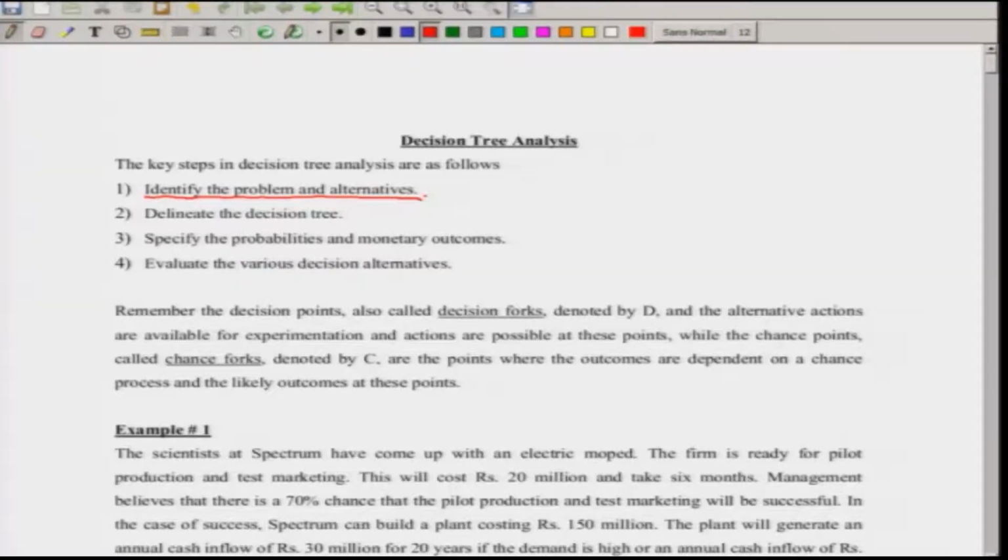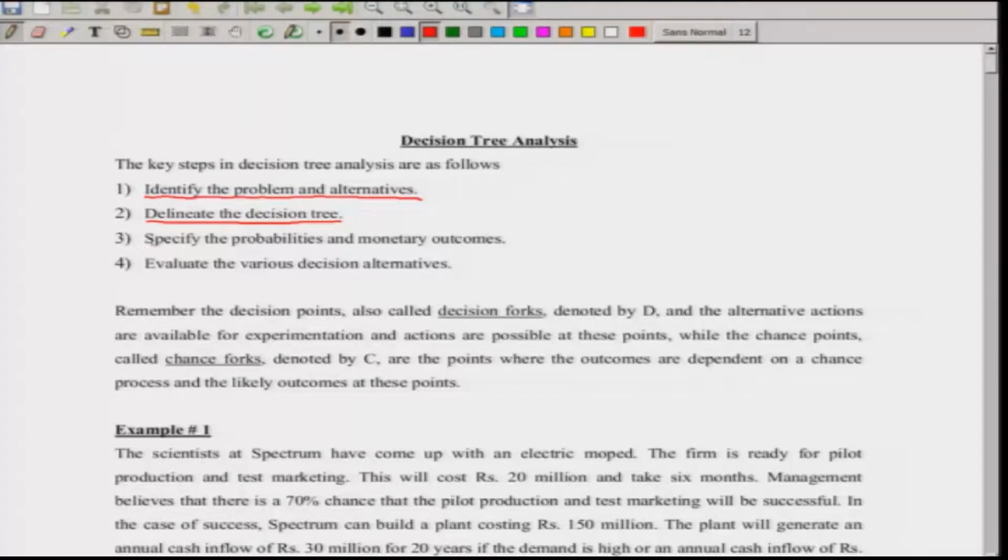The reason why I am saying the monetary values is because it is much easier for us to understand how monetary figures can be utilized in order to understand how the decision can be taken, such that you can rank the alternatives from the best to the worst, or from the worst to the best, depending on what your criteria is.